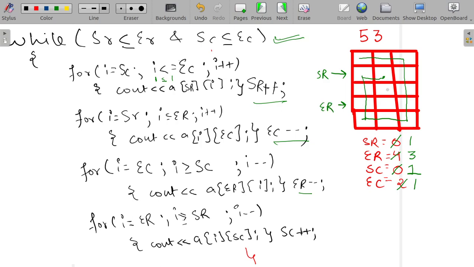And what is the other variable in this loop? That is end column. Oh, sorry, here. Oh man, I was looking at some other loop. Just a second, guys.